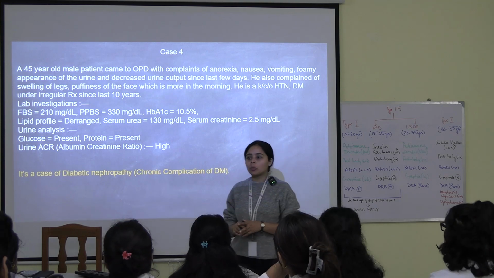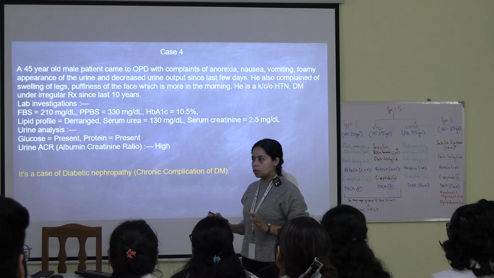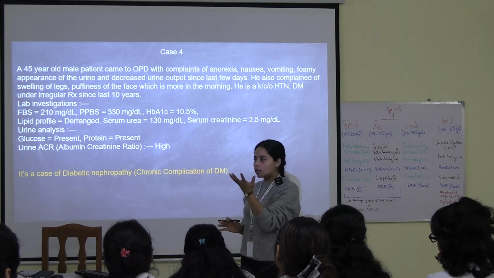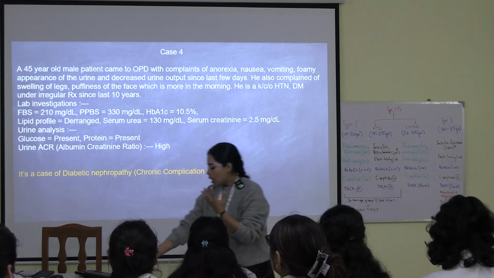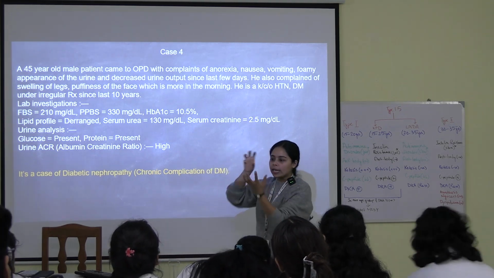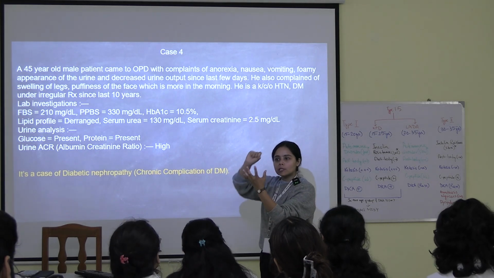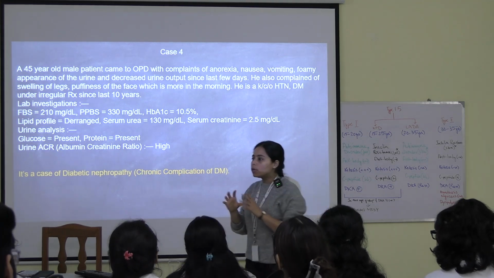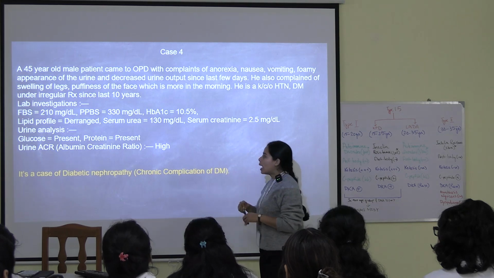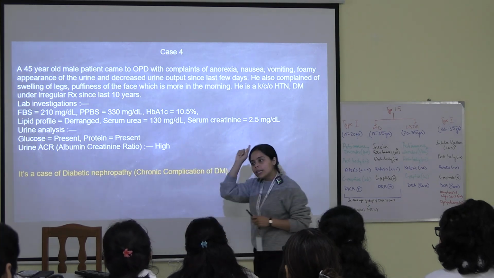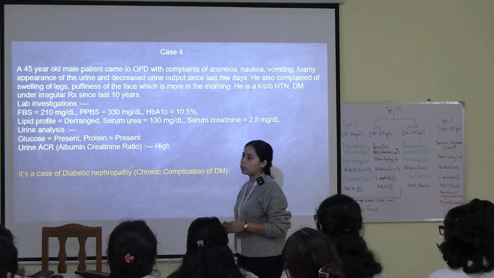Normally our nephrons are normal, and they can filter, reabsorb, and do all the functions normally. Suppose these are our nephrons, the gaps. If the albumin is this big, can it pass through this much gap? It cannot, but a small chunk can pass through. If it is this small, it can get through, right? So if the nephrons are not proper, then the urine ACR will be high. Another thing: if protein is present, it means the kidneys are not functioning properly.